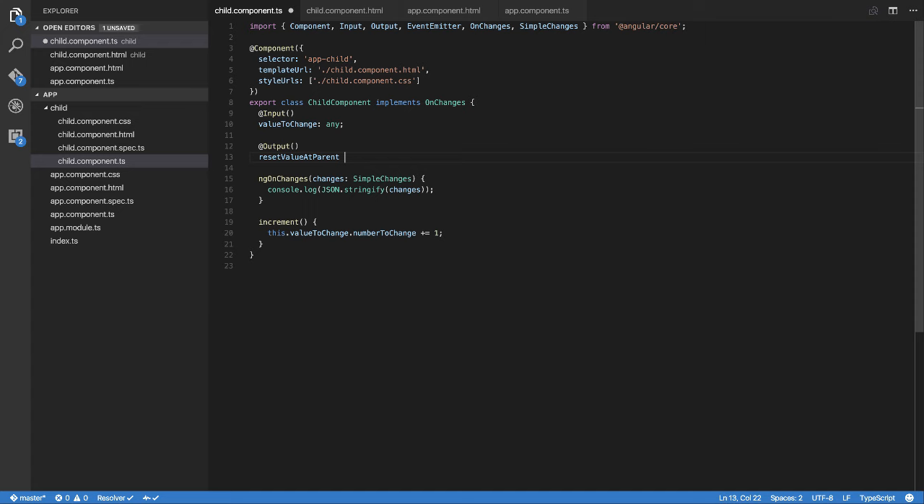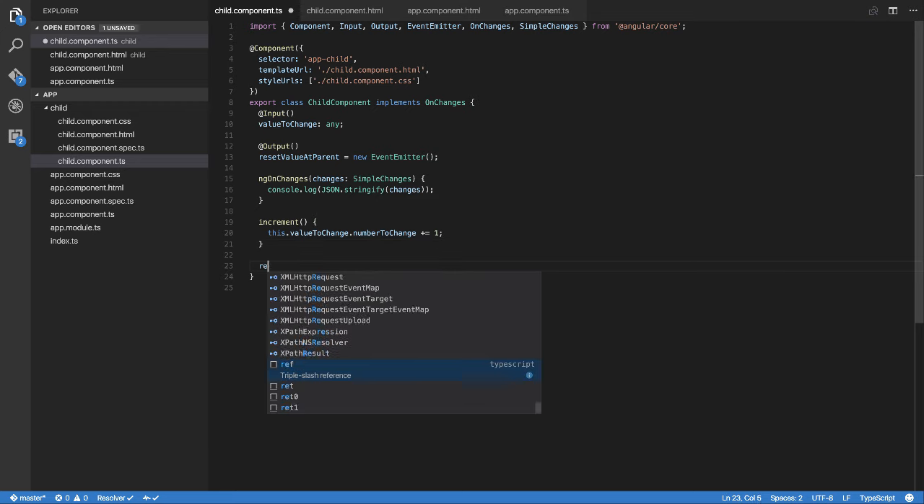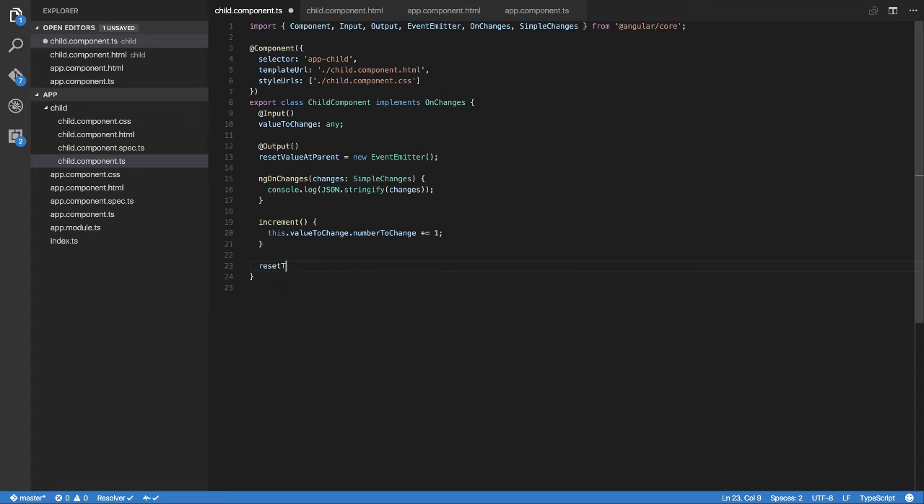Right. And I'm going to go equals new EventEmitter. This is generally how you create an event, right? And then what I'm going to do next is actually raise this event in a particular way. So I'm going to create a method called resetToParentValue, like so. And inside of here we just go this.resetToValueParent